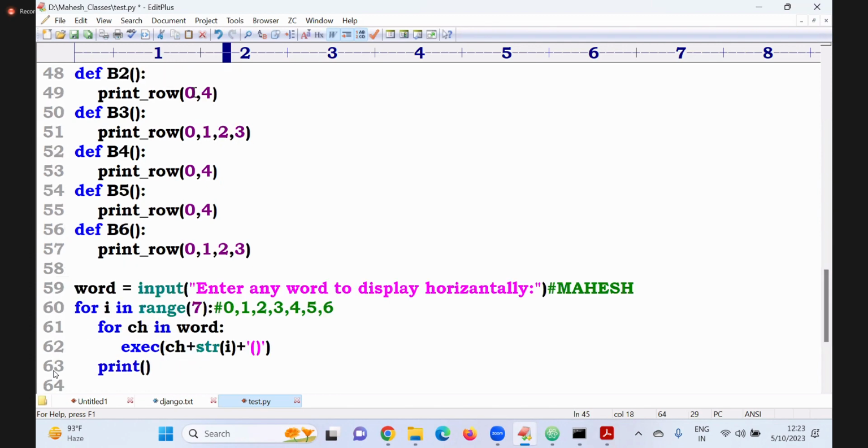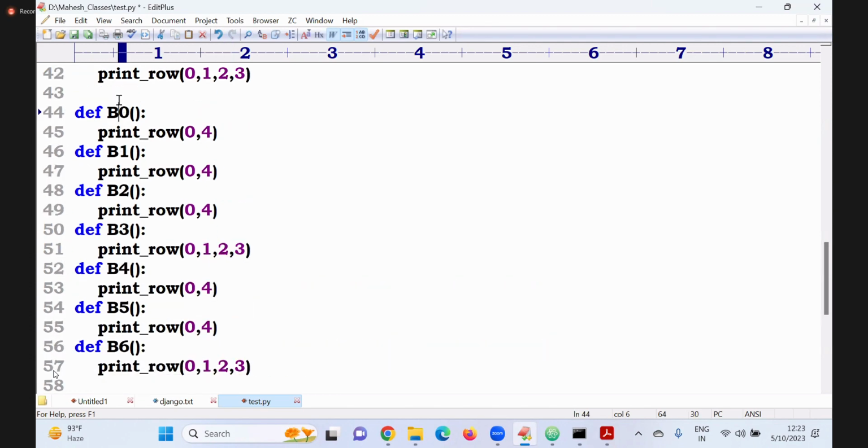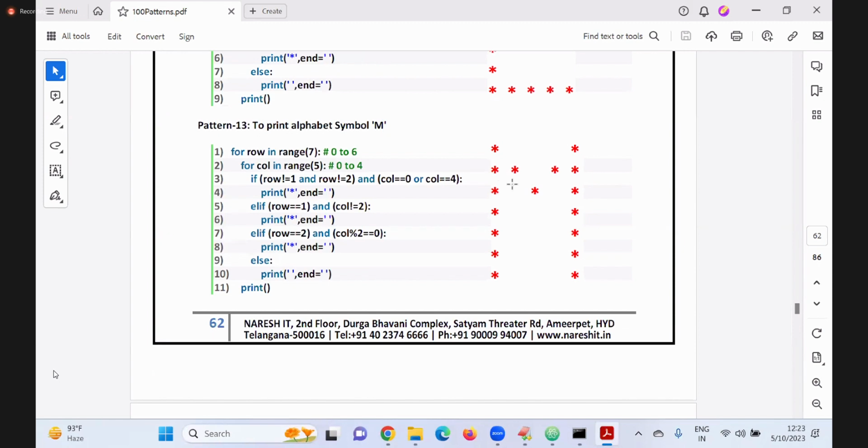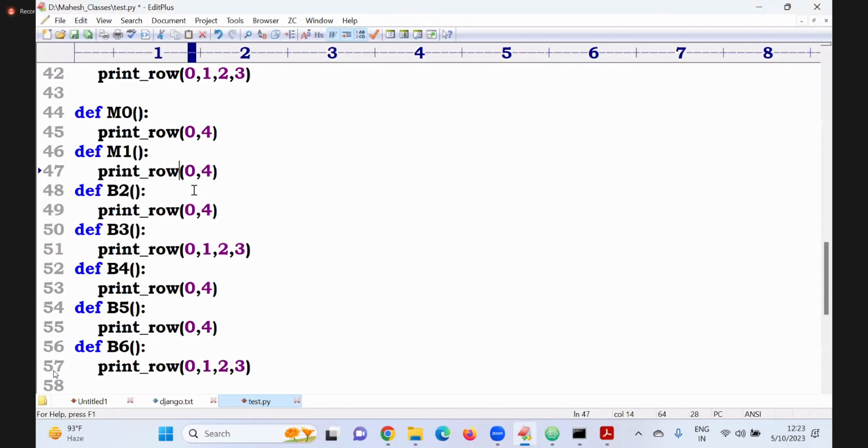నెక్స్ట్ సార్ ఇదేంటిది? M కదా? ఇదిగోండి టేక్ దిస్ M0, M1. M1 లో చెక్ చేసుకోండి. 0, 1, 3, 4. M1. M2 లో 0, 2, 4.